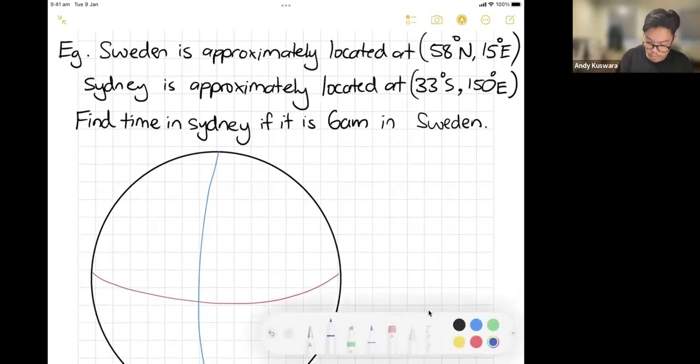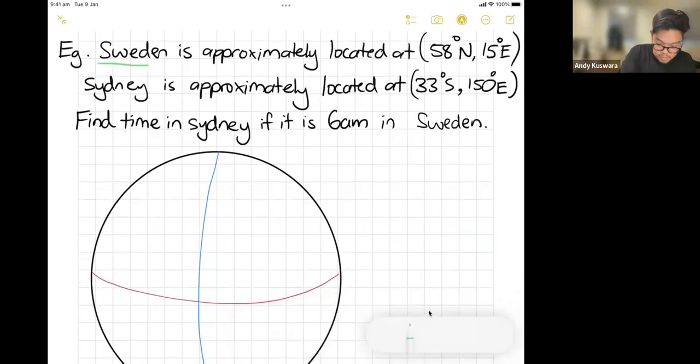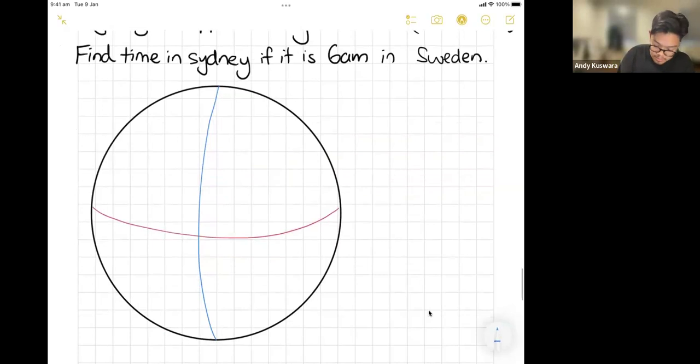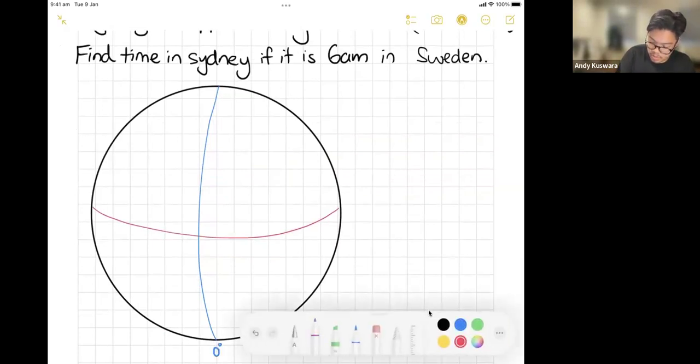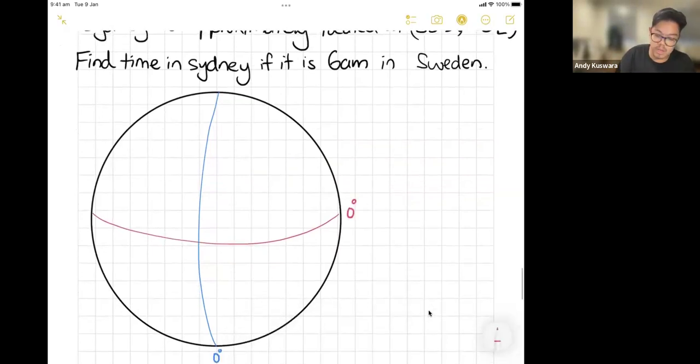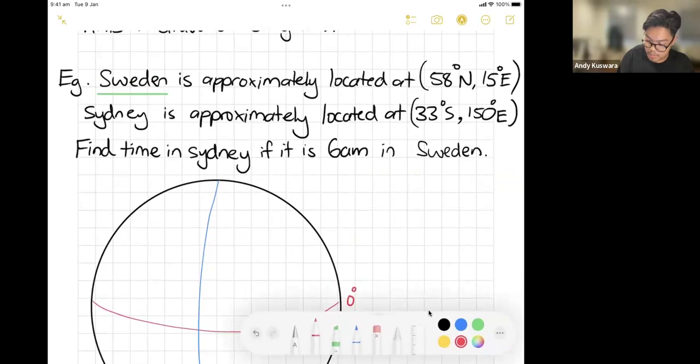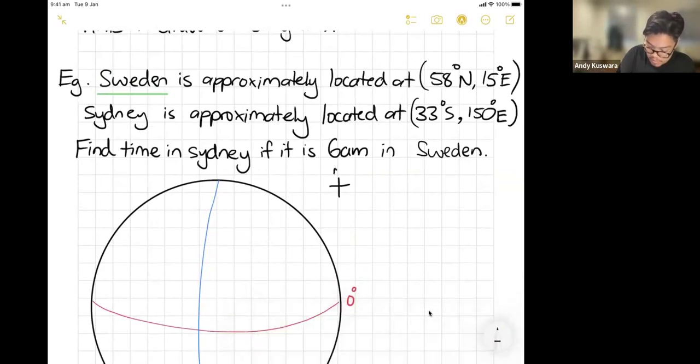Now, let's talk about Sweden. We'll do Sweden in green. I'm not going to make it too fancy, but I just want to see where they're located in regards to each other. What I've got here is my blue line, which is your 0 degrees longitude, and there's your 0 degrees latitude. Now, using these coordinates, 58 degrees north, 15 degrees east, maybe I'll draw a little